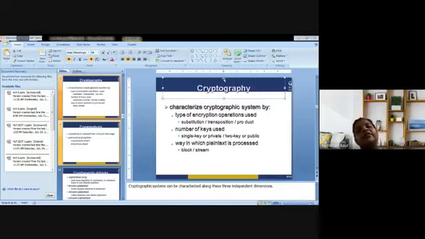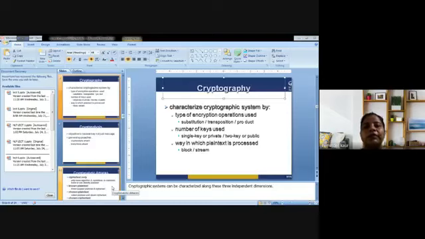In addition, there is the point that is associated with the number of keys that could be used. So what are the number of keys that could be used for the encryption or decryption? We are supposed to deal with the same. So let's say it is a single key or a private key, or two keys in which we are supposed to use a private key as well as a public key.